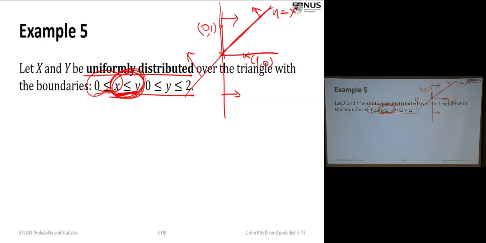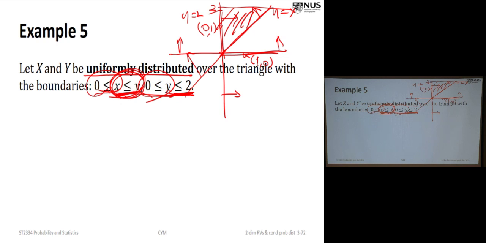Now we look at the y. The first inequality is y bigger or equal to 0. That means anything above this. So already we have no contradiction with what we just have. Then the last one is y less or equal to 2. So draw a line y equal to 2. So this is the region. This is the line y equal to 2. You must be able to identify the region. So it's a triangular region. And the joint PDF is non-zero over this region and will be 0 outside this region.